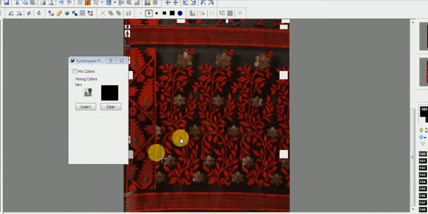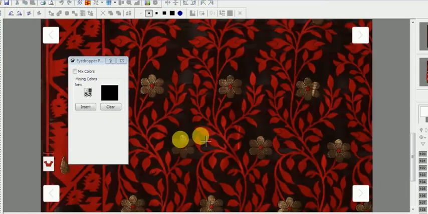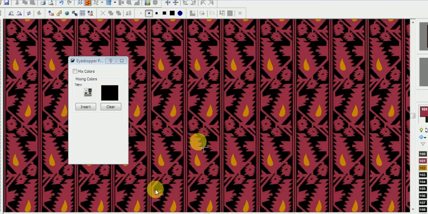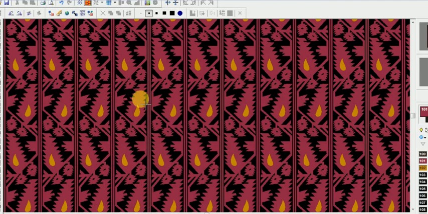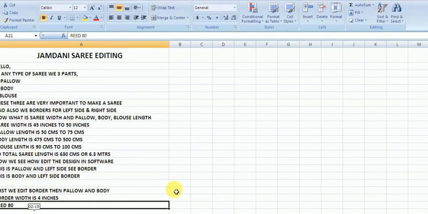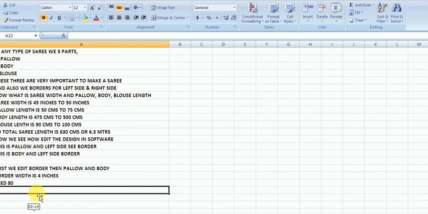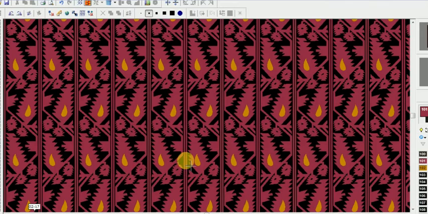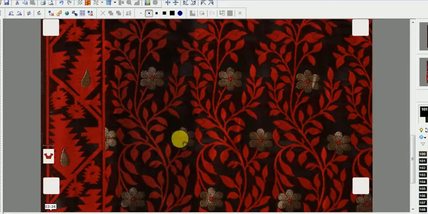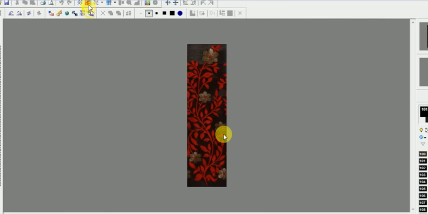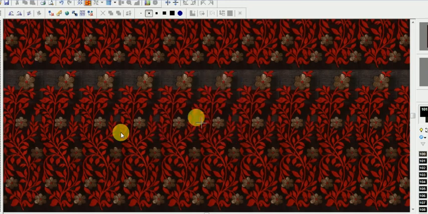Now I am going to select the pallo design, one repeat. This is one repeat of design.